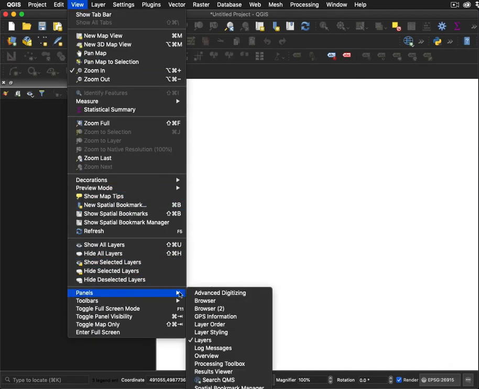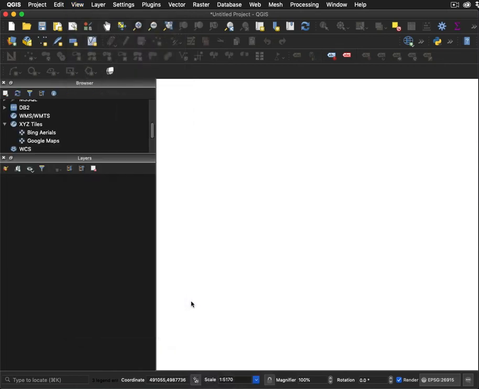Now, the browser pane didn't show up because I turned it off last time I used QGIS. When I opened it, it was still gone. But if I use View, Panels, and then Browser panel, I can see the browser pane shows up. These things are called WMSs, and so I'll look through the browser pane until I see, oh, there's WMSs. Now, there are none identified. You can see there's no caret by the side, so if I left-click and then right-click on it, I can